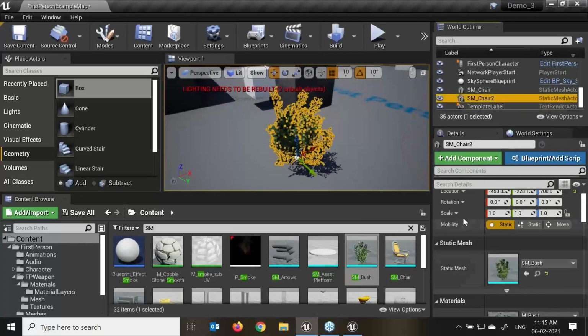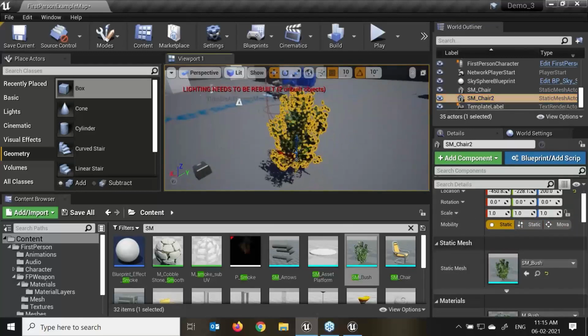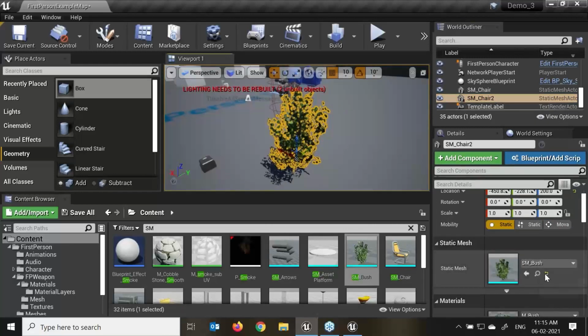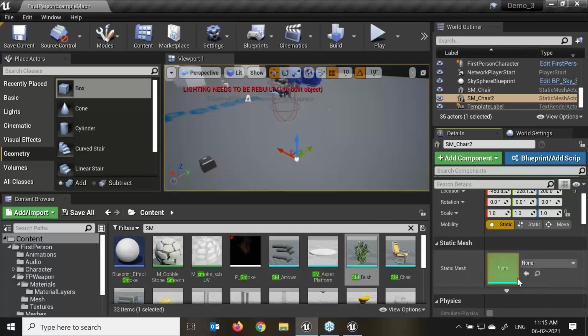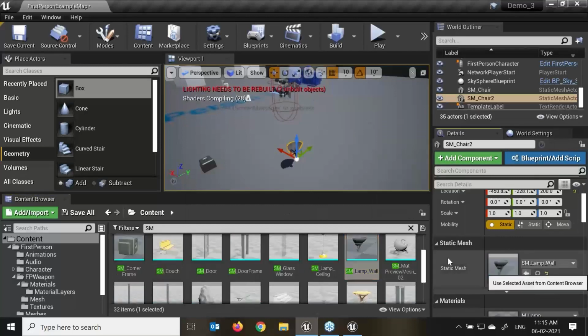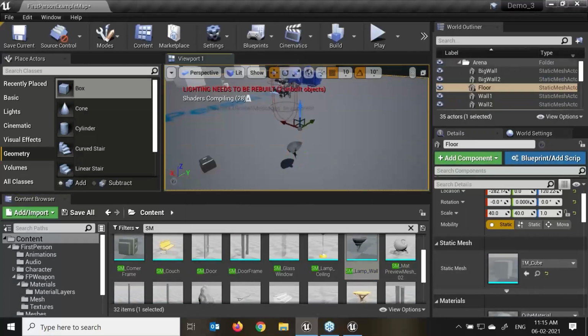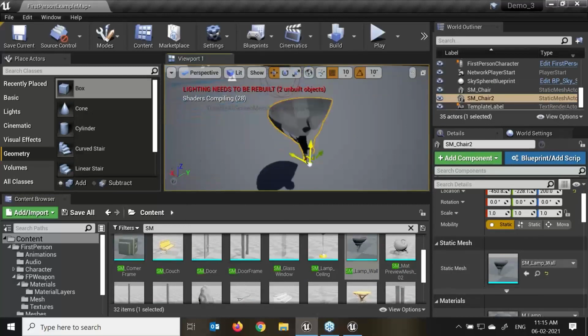See again, the move, rotation, and scaling properties stay the same, only my static mesh got changed, right? Again, I'll select this table and click over here. Now this has become my static mesh. Select this and press F.